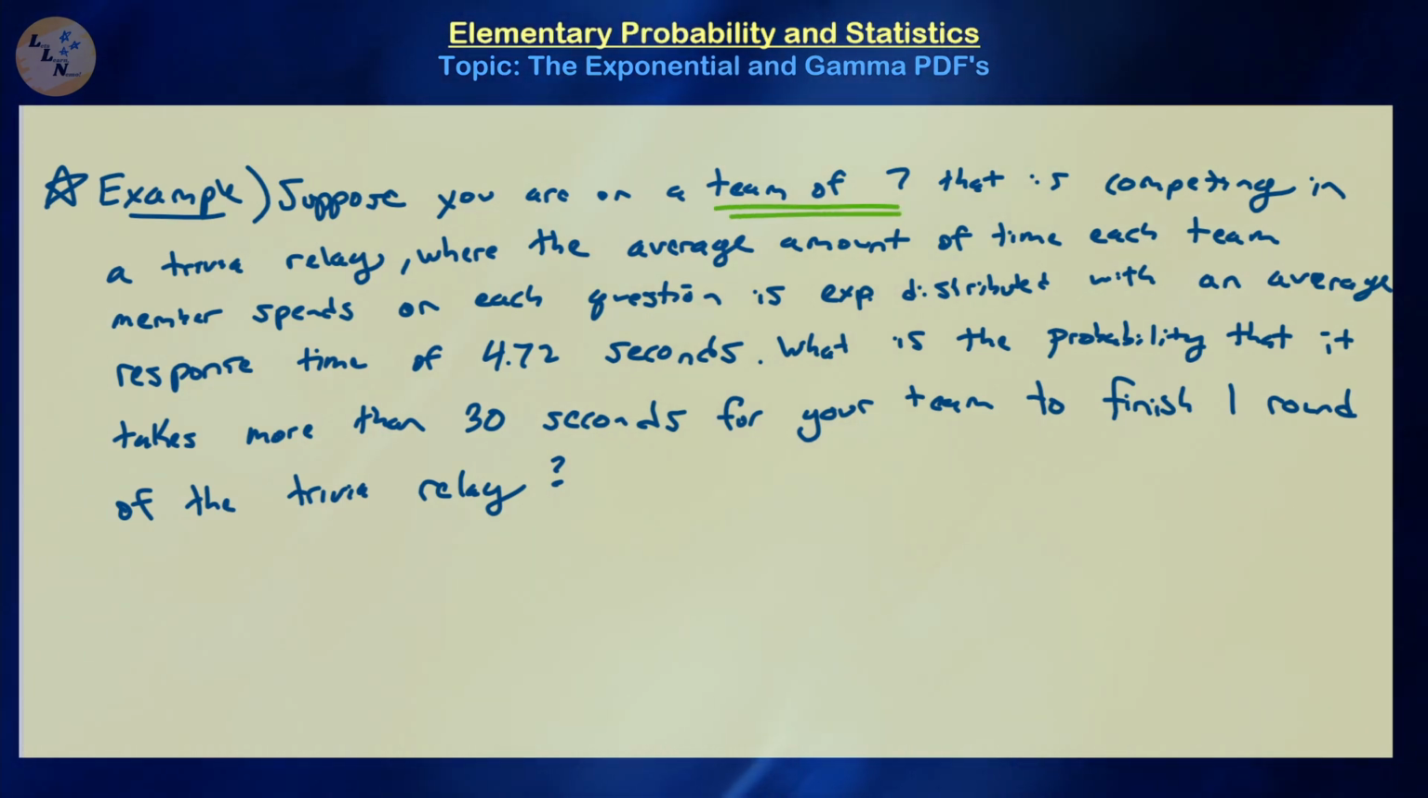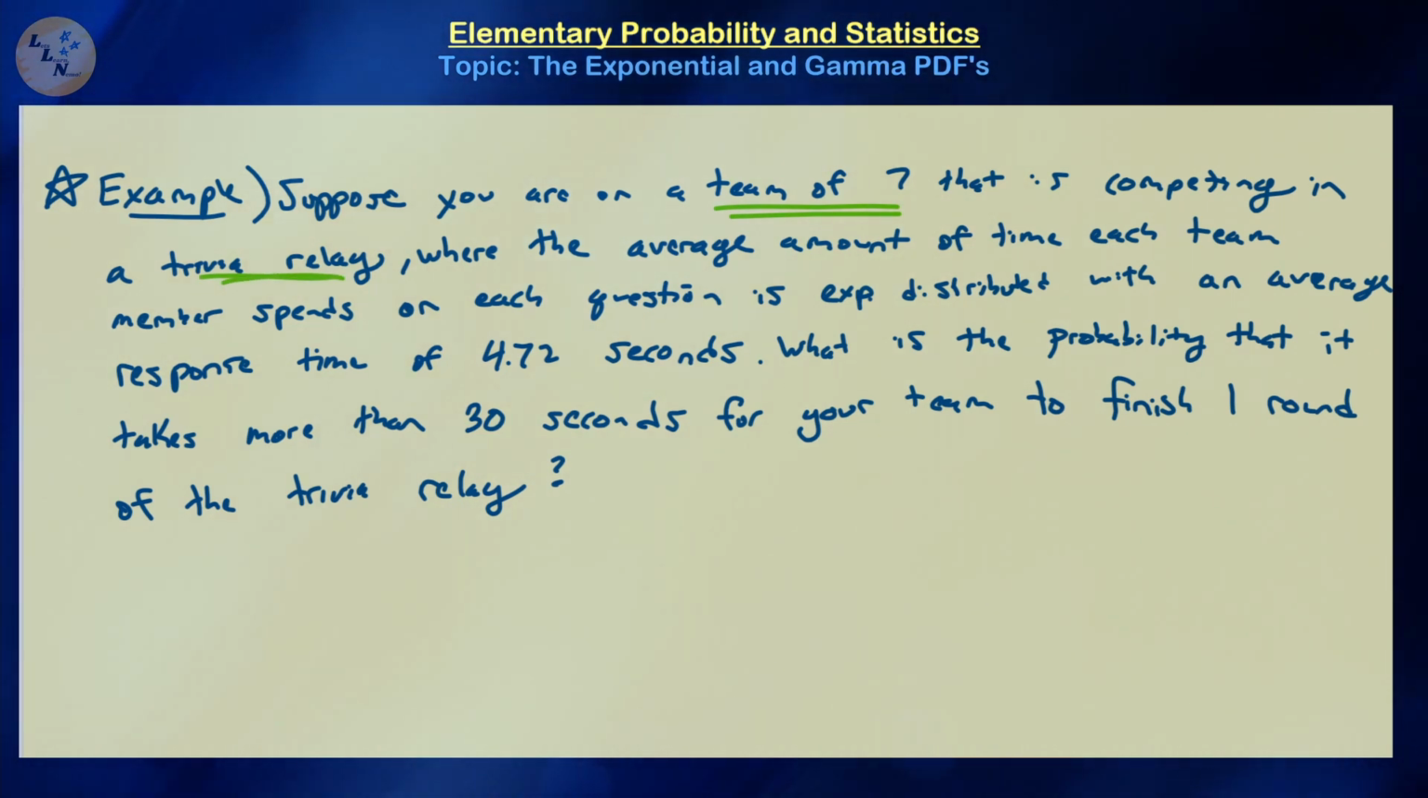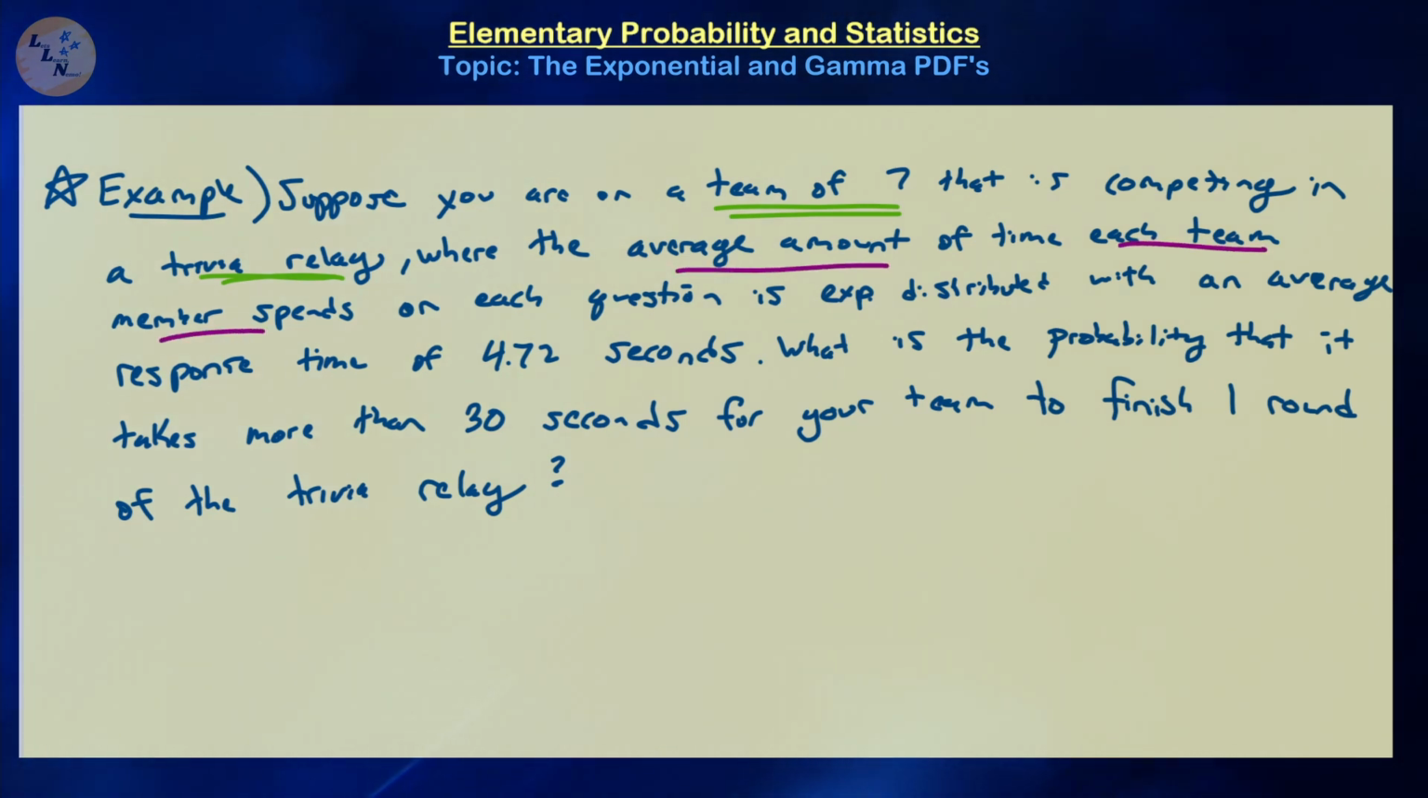So first off, we're on a team of 7 people and we're competing in a trivia relay. So one person answers a question, and then the next person answers a question after the first person is done, and then this process repeats for a series of rounds, let's assume. So the average amount of time that each team member spends is exponentially distributed with the average response time of